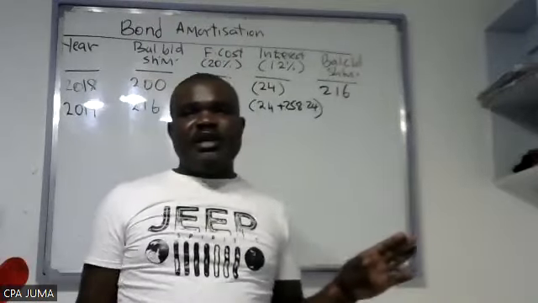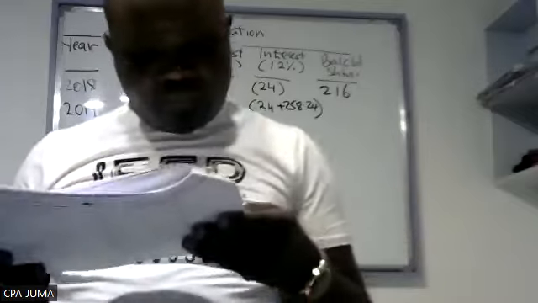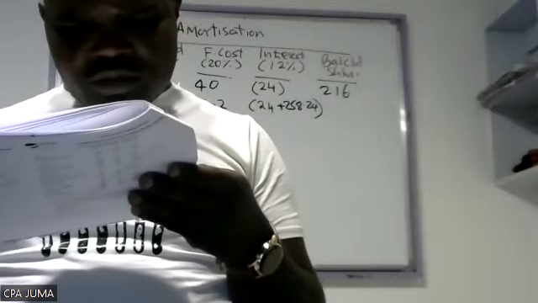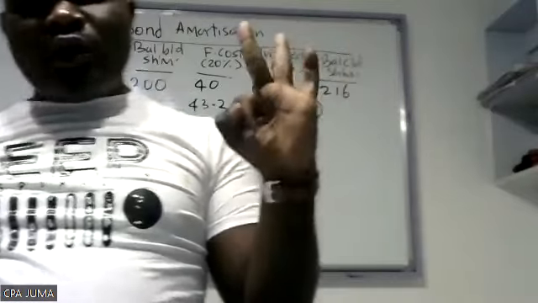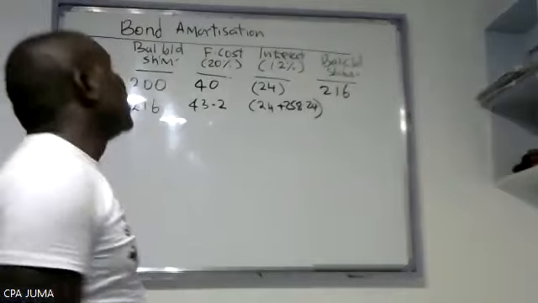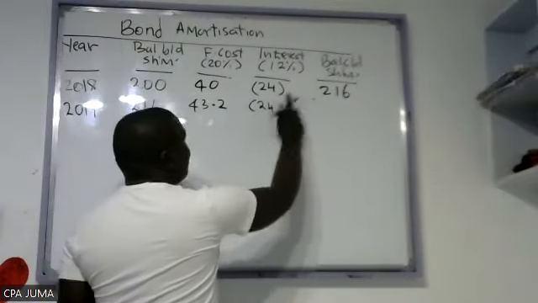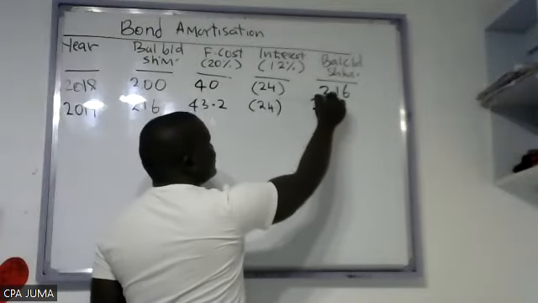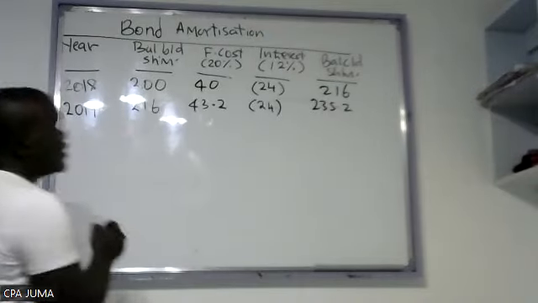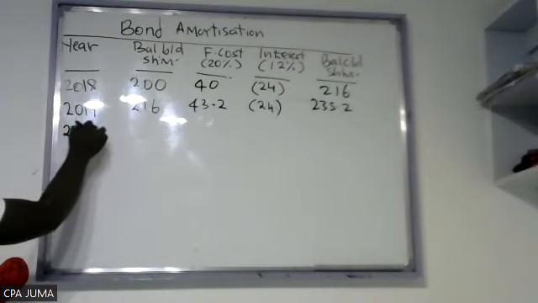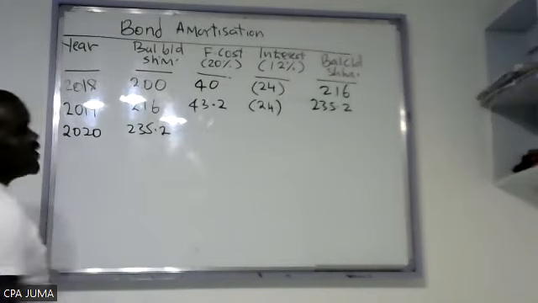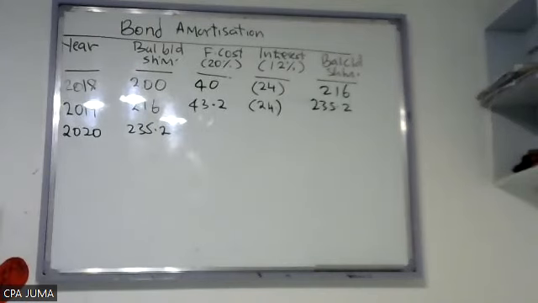So in 2019, we are going for how many years? Oh, we are going for 3 years. So this is second year. So then what it was correct, 235.2. Then the last year is when they will redeem. Thank you, 2020, which is 235.2. 20% of this figure will be how much? 47.04.